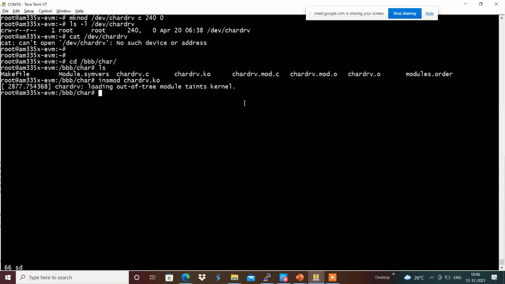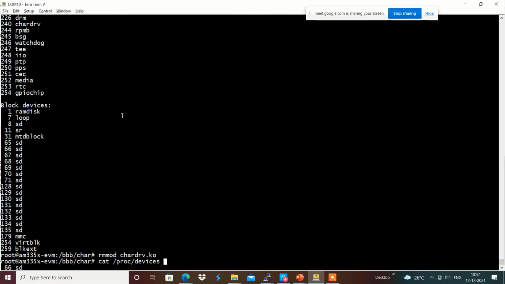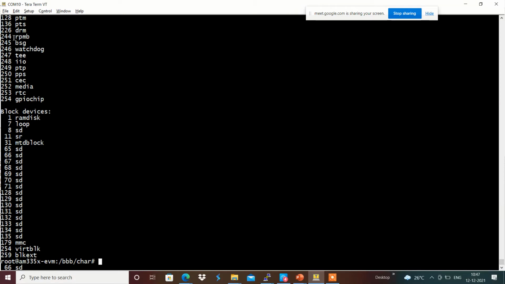Yeah, we can see with cat /proc/devices that major number 240 has been registered with the name of the character driver. I'm going to remove this character driver .ko, and check that 240 has been released from our system accordingly.